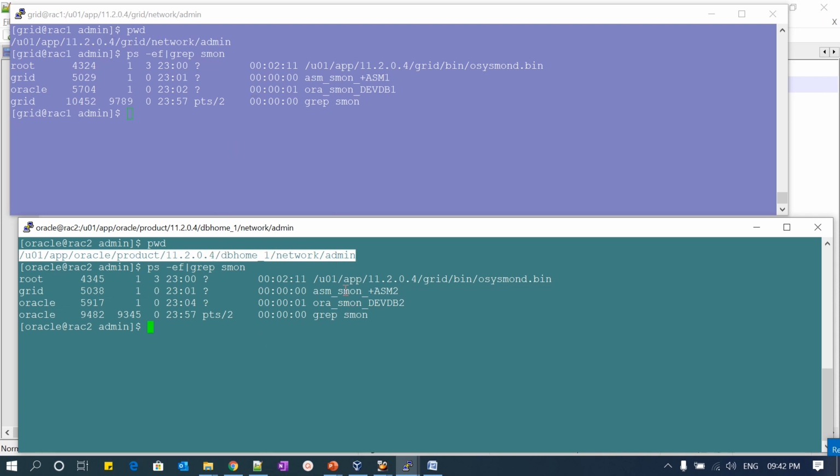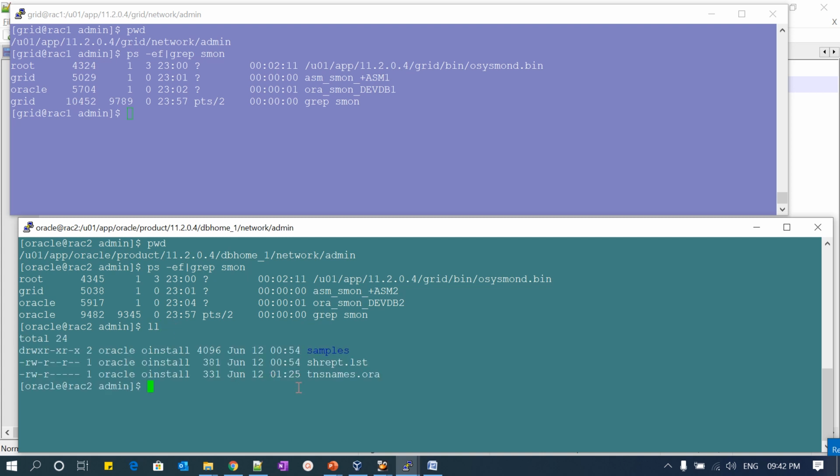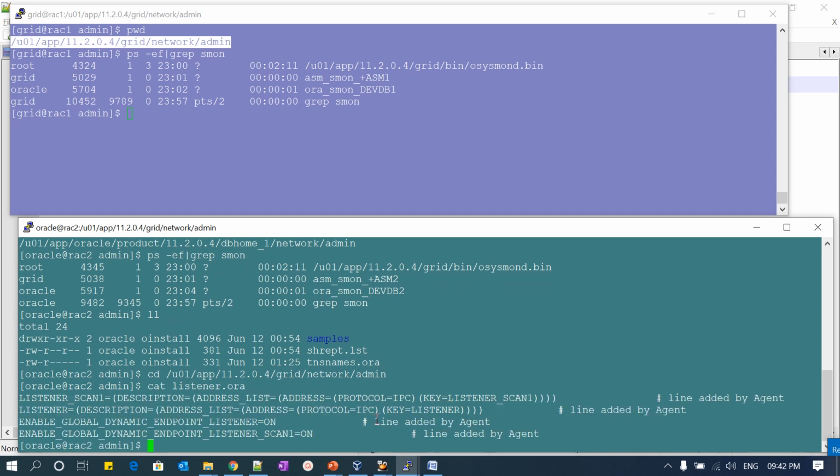If you see grid Oracle home network admin, here Oracle home network admin. Both are two node clusters, node 1 and node 2. I just wanted to show the difference between the grid listener and the local listener. On node 2, if I go here, I don't have any local listeners. For that I will go to my grid listener and check the default listener for the grid.